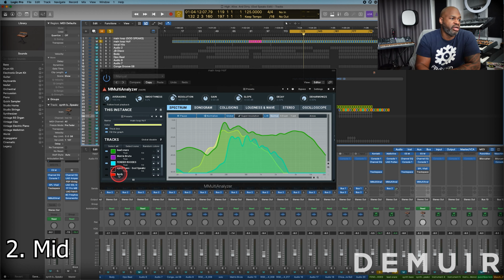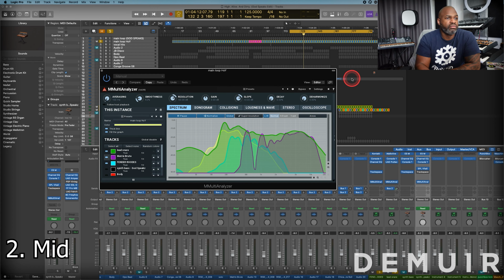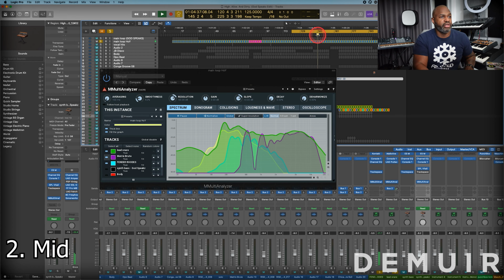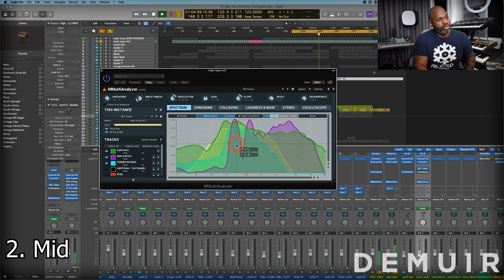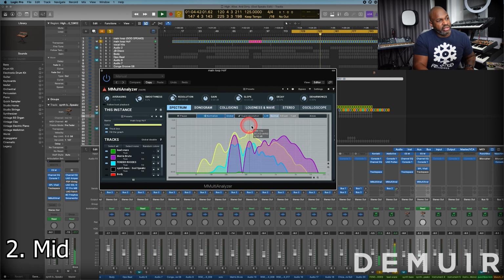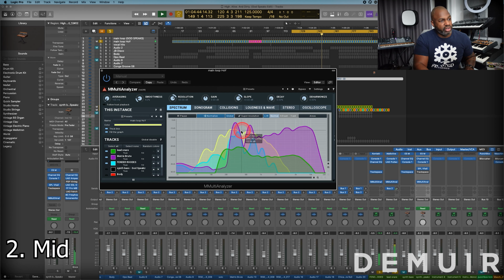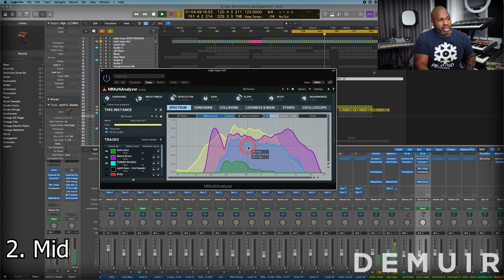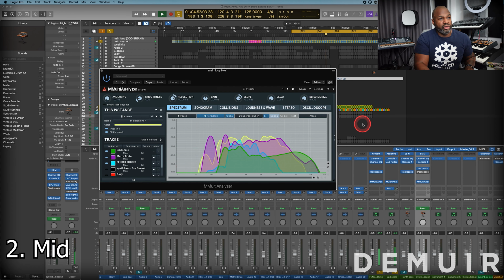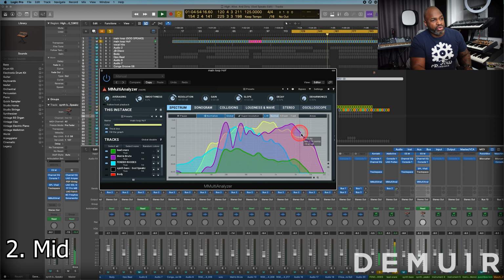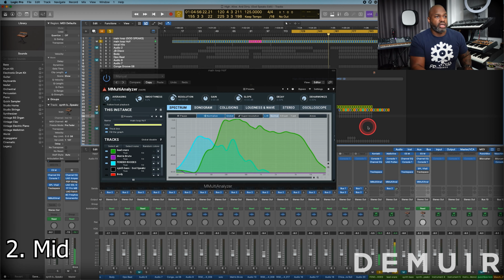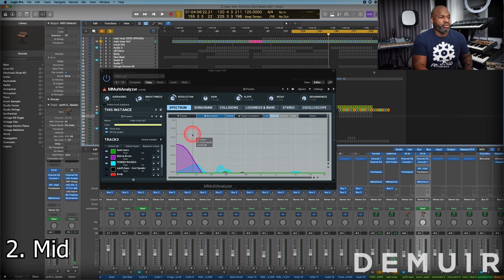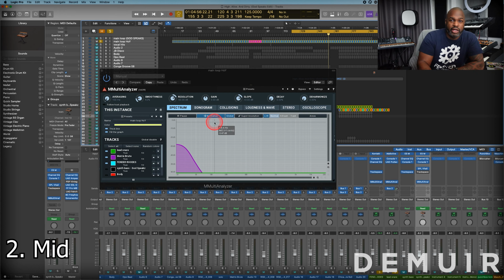Even when I put the solo from the Matrix Brute here, if we play that, it's the purple line. You can see it just bouncing around with brief collisions happening in the vocal and the snare as well, and the Fender Rhodes. But because it has so much presence in the upper range, your ear can still distinguish it without any real challenge. So the mid-range is not too difficult to deal with,